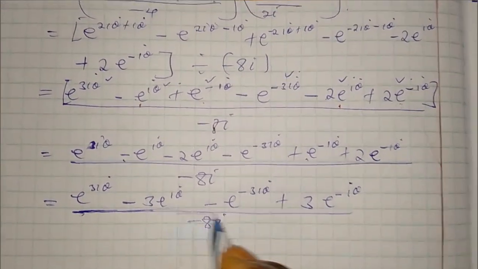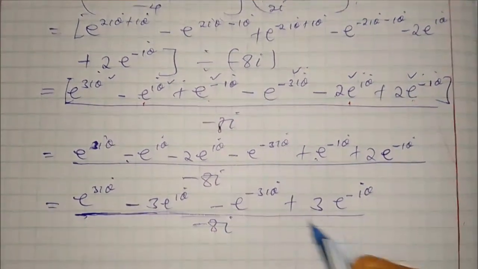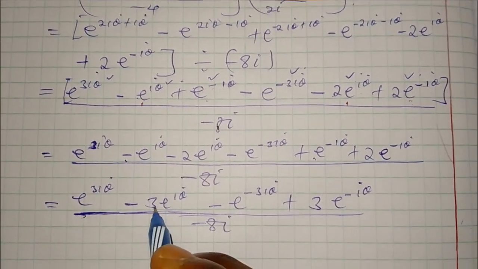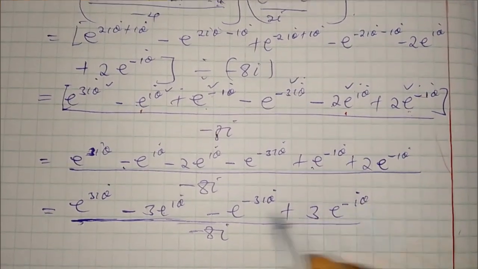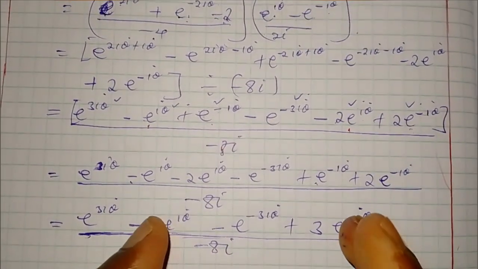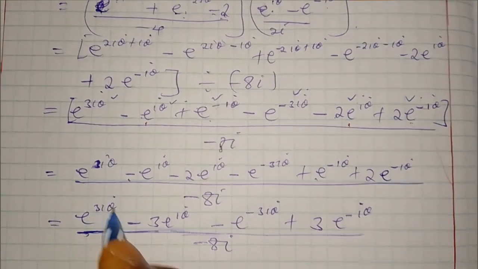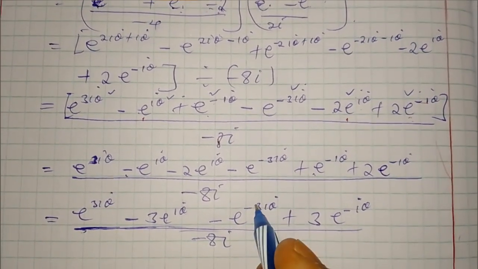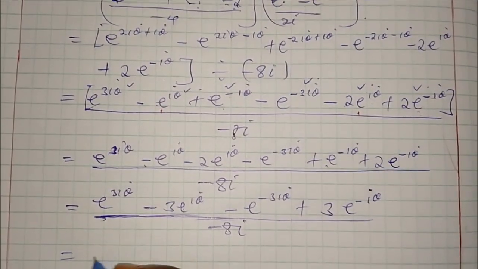we put them into two groups. The numerator, I put it in two groups according to the arrangement. You can see we have 3e iθ, 3e negative iθ. The arrangement is the same, this one e raised power 3iθ, e raised power negative 3iθ, the same arrangement. So we have negative